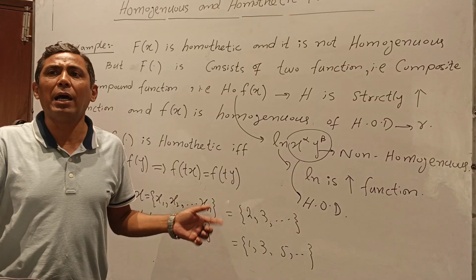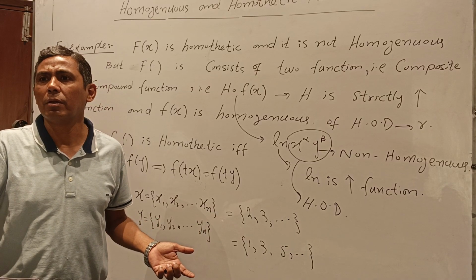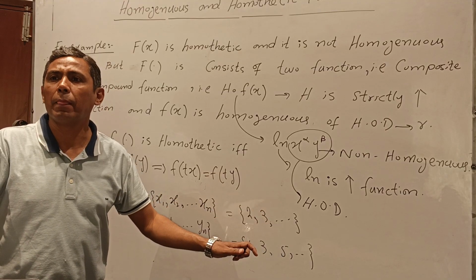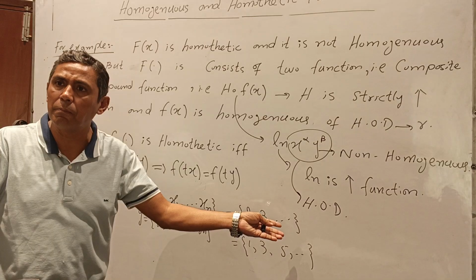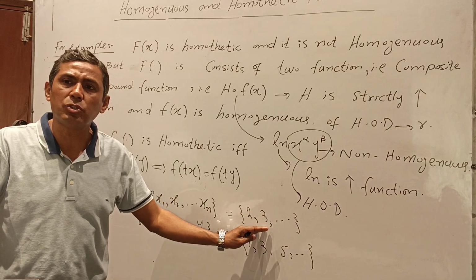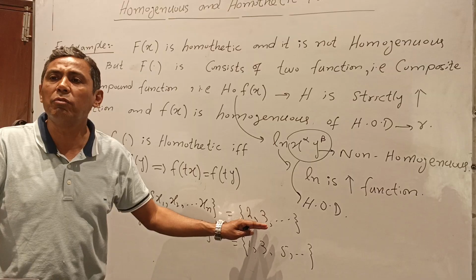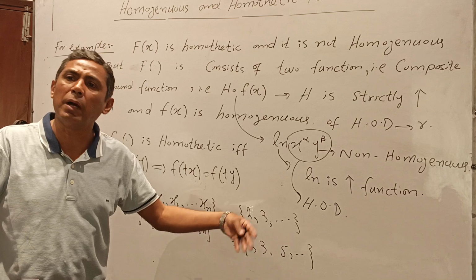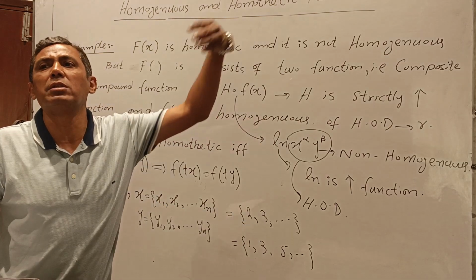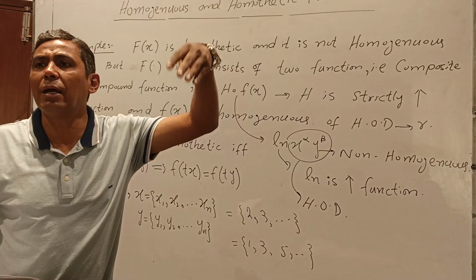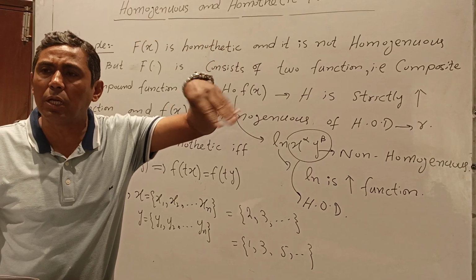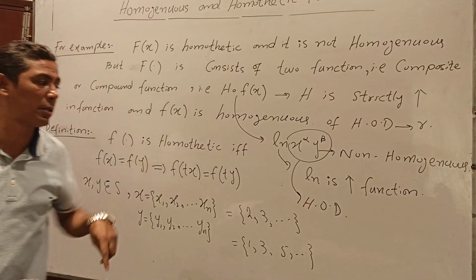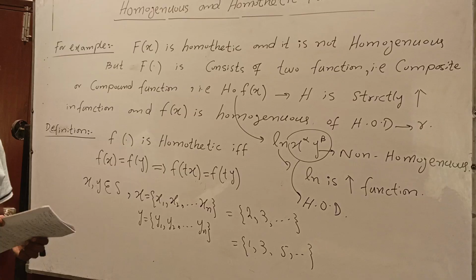So when the level sets stay the same on different values of x and y, the level set is the same until and unless we change the scale, that is, we multiply these numbers simultaneously by 2 or 3 or any number, so again the level set will change. So that level set, again both numbers will be on the same level set, so the